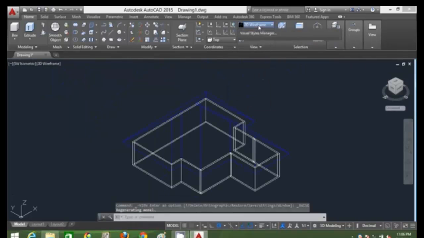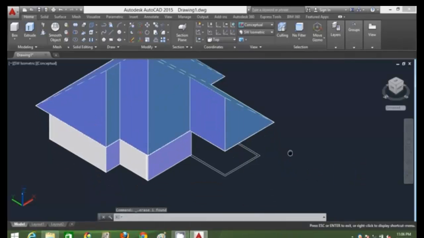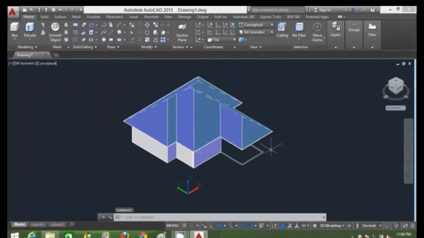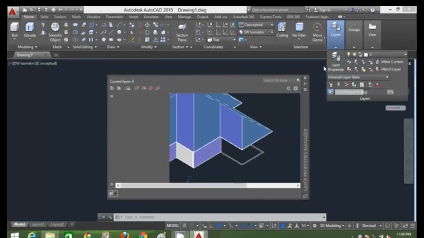So I've sliced it using the slice command. You can just type SL, enter, to do that, and click on the axis. Click on 2 points to define the axis of your slicing points. Right, so I've sliced and deleted that, and I'm gonna click on layer properties here to transfer my rooftop to